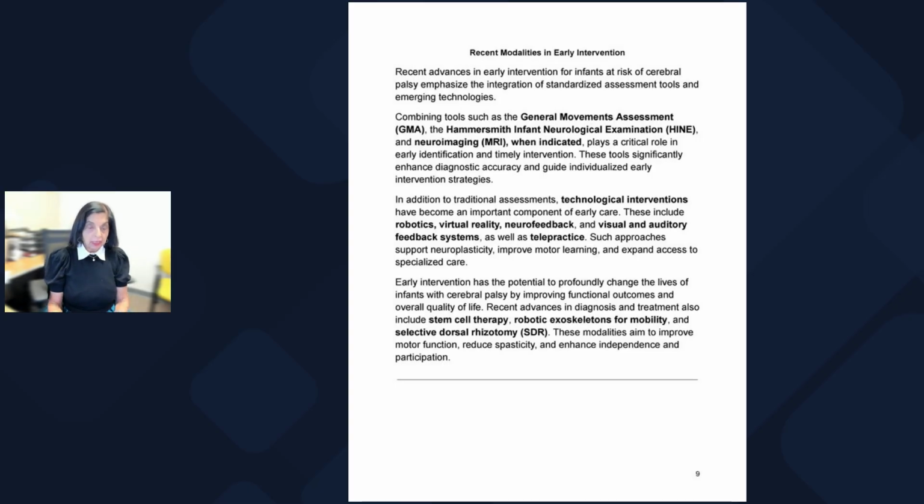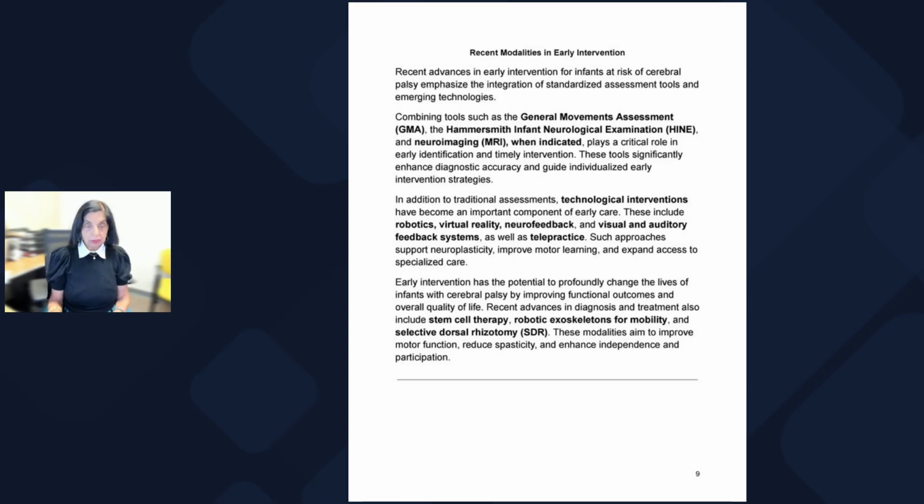specialized care. Early intervention also has the potential to profoundly change the lives of infants with cerebral palsy by improving their functional outcome and overall quality of life. Recent advances in diagnosis and treatment also include stem cell therapy, robotic exoskeletons for mobility, and selective surgery like dorsal rhizotomy. I didn't want to go into the details, but